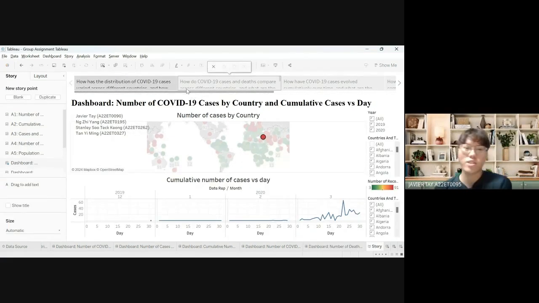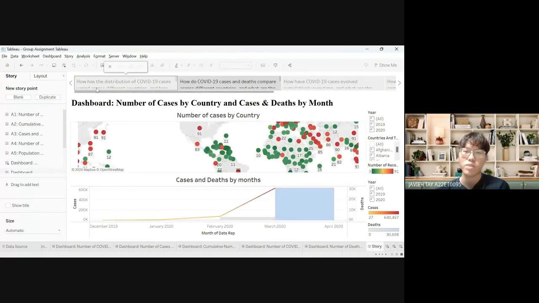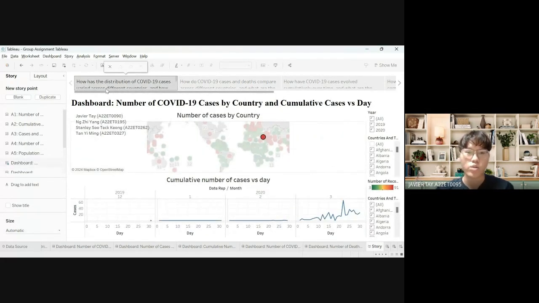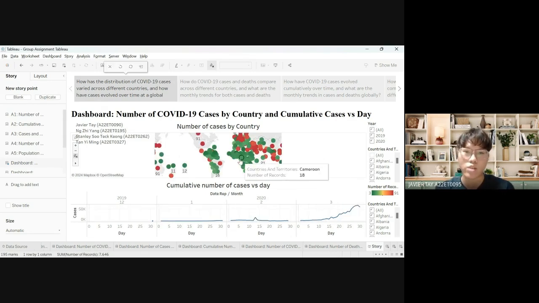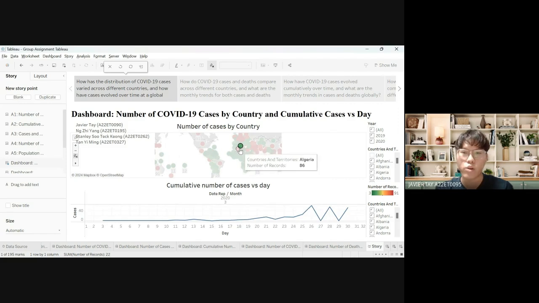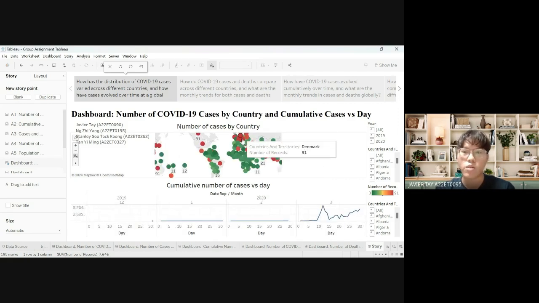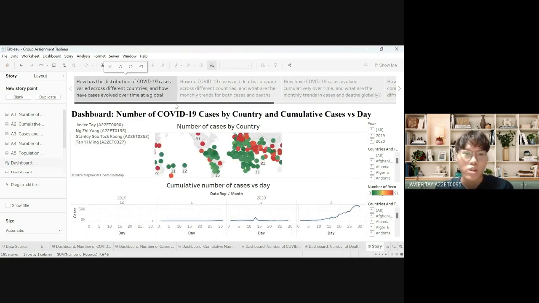So the first dashboard is number of COVID-19 cases by country and cumulative cases versus day. And the business question stated is how has the distribution of COVID-19 cases varied across different countries and how have cases evolved over time at a global level. So this dashboard will allow stakeholders to compare the total number of cases in different countries and also observe the cumulative progression of cases over time. It combines geographical distribution and time series analysis, helping businesses or health officials track the spread and impact of the